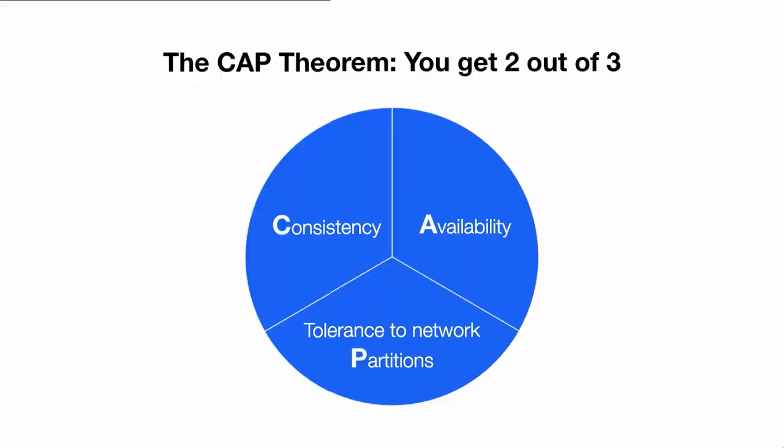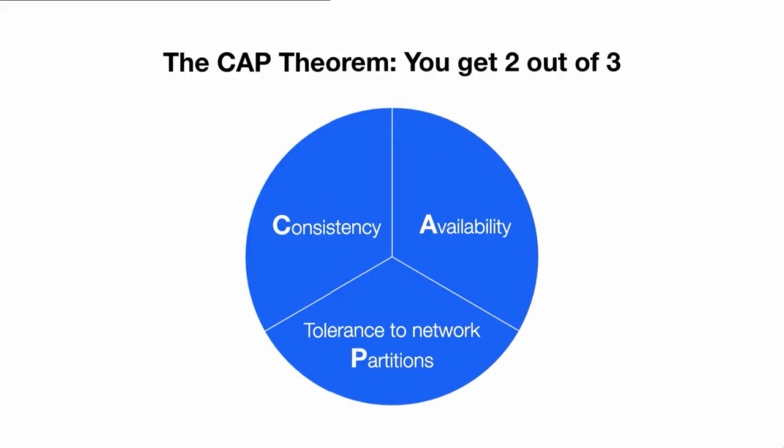The CAP theorem. You get 2 out of 3. A pie chart divided into 3 equal parts: consistency, availability, tolerance to network partitions. So that's one impossibility result. The other, more popular impossibility theorem about distributed systems you might have heard of is the CAP theorem,